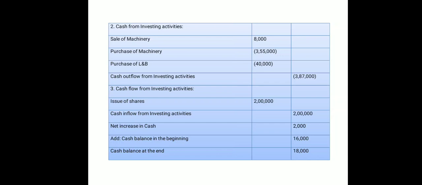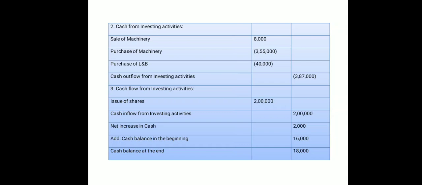Fine. And now doing the plus minus between these three amounts. So 3,55,000 plus 40,000 minus 8,000. I hope you remember a little bit of maths. 3,55,000 plus 40,000, that is 3,95,000, which is your negative amount. So from that, if I deduct 8,000, whatever I get will also be a negative amount. So in the outer column of amount, I have kept 3,87,000 in brackets.